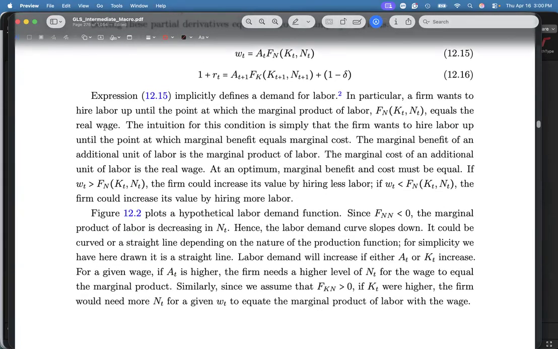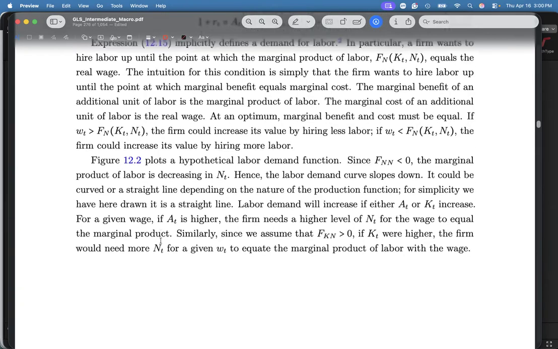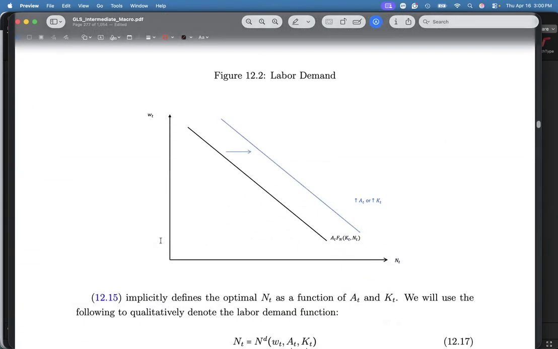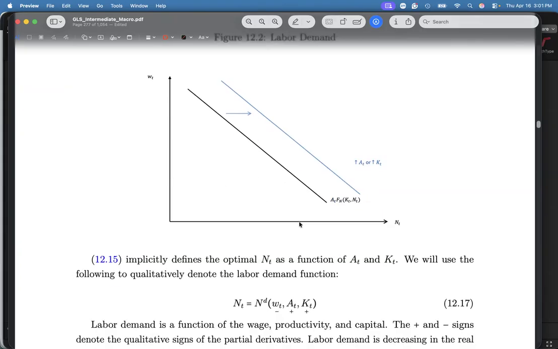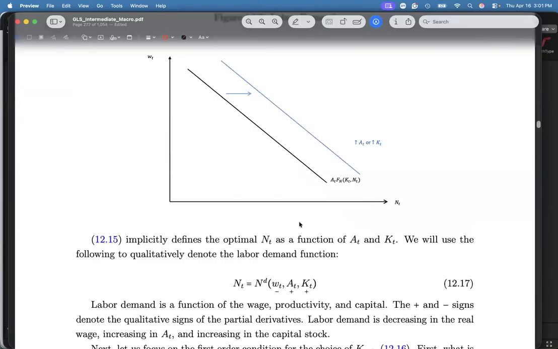So you can feel free to read these two paragraphs here. And here's a labor demand function. Hopefully everyone was able to calculate or to draw from before. Okay. So this is just your standard labor demand function. W here is here because W equals the marginal product of capital. Okay. So you want to make sure that at any N that you choose, right, it will be equal to the wage rate, essentially. Okay. In equilibrium, right? In the optimal equilibrium.